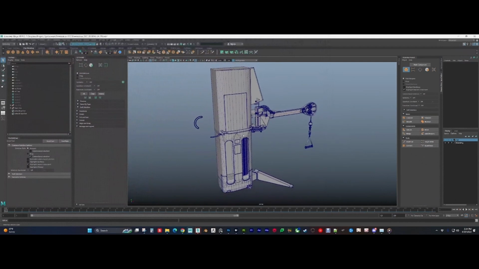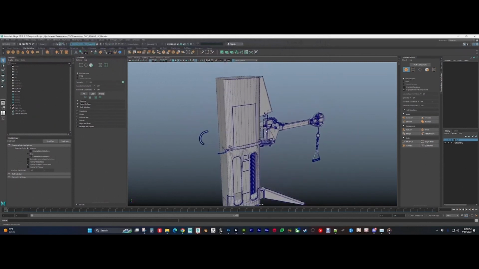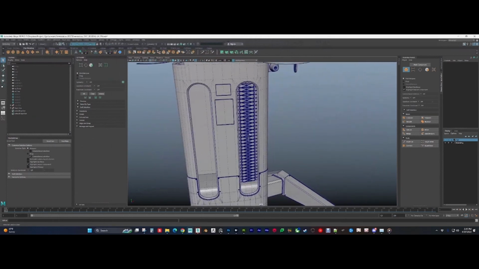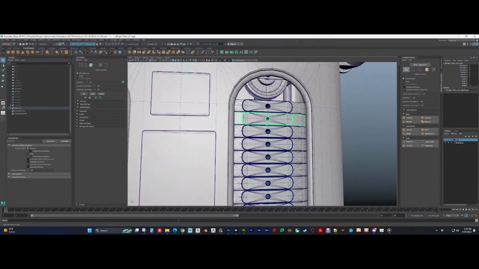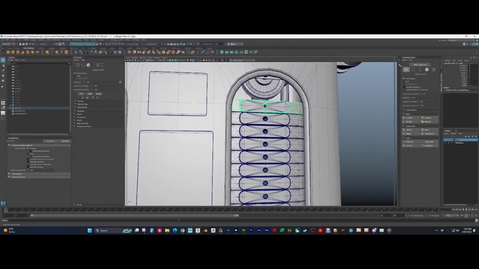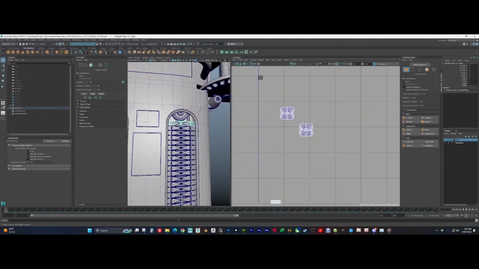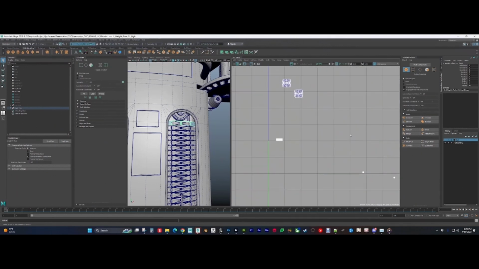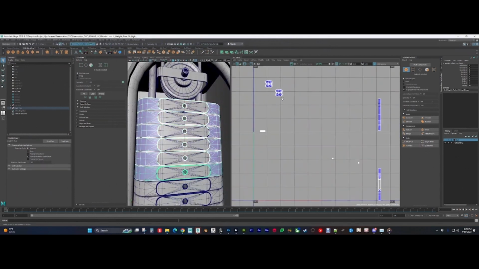So I know going into this that I want to stack as much of my UVs as possible. So I intentionally only modeled half of everything that I knew was going to be mirrored and stacked. For the weight plates here, they're all mirrored geometry, well, instance geometry. So if I look at this on my UVs, you see they're spread out a little bit, but if I were to click on multiple of these,